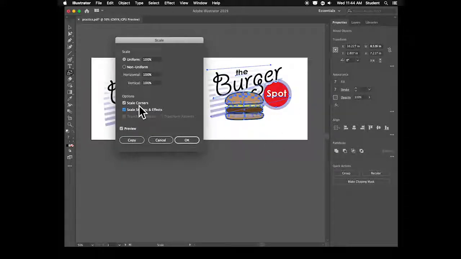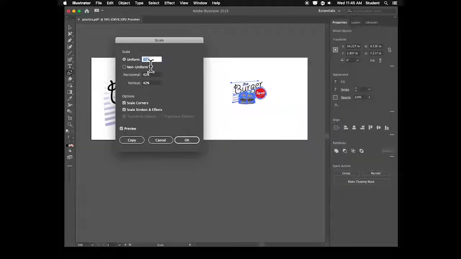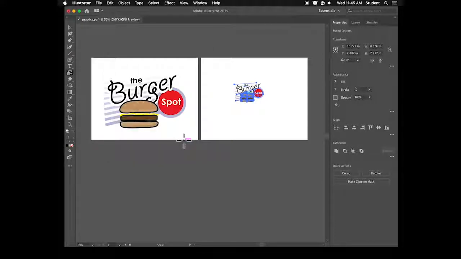So when you use scale corners and strokes and effects, when I scale it down, the size of the stroke scales with it. Okay, so let's just say I'm going to do something like this, which is 35%. I push OK, and